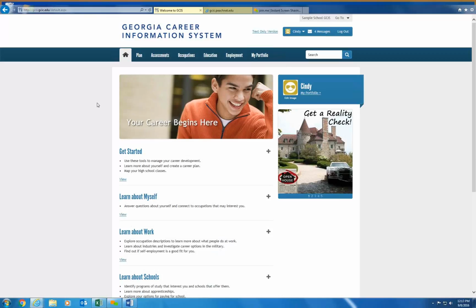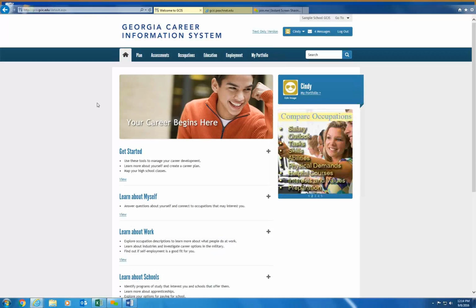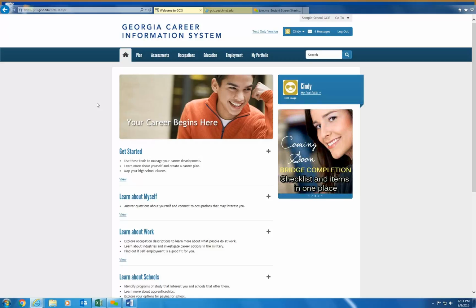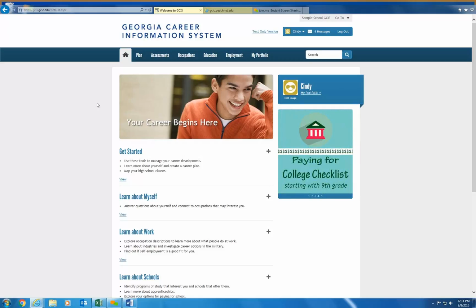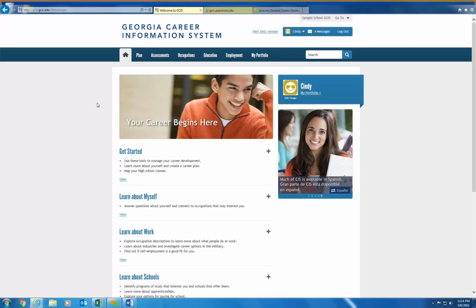And the element that we have earmarked for our 10th graders is that the benchmark that we are measuring is if that student has been introduced to the Move On When Ready dual enrollment umbrella. And so for this, we do not dictate how you introduce Move On When Ready. We allow you to decide how you make that information available to your student. And so some schools have elected to have a presentation. Some have elected to pass out a brochure.